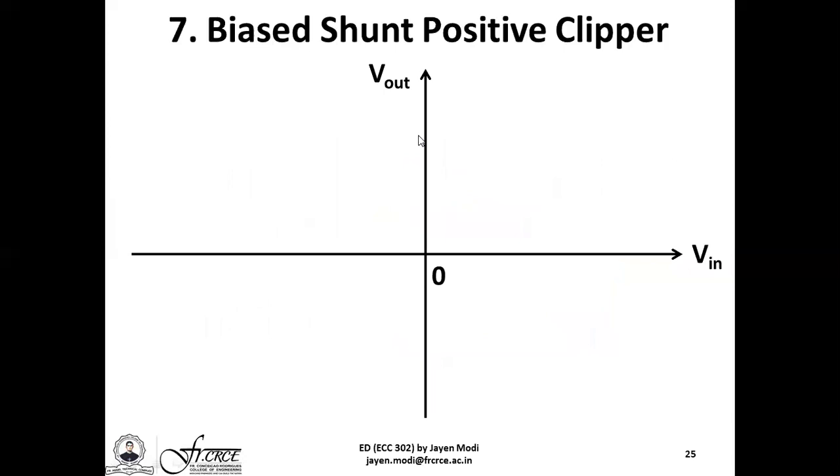This can be easily verified from the voltage transfer curve or from the voltage transfer characteristic. During the negative half cycle, since the diode is now reverse biased, you have the AC input signal negative half cycle appearing across the output terminals. The slope is again unity.